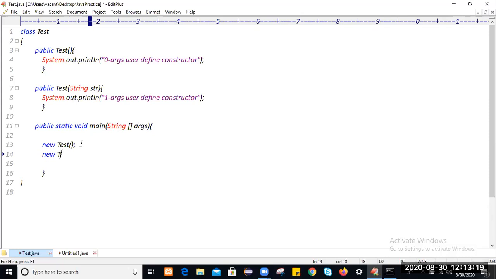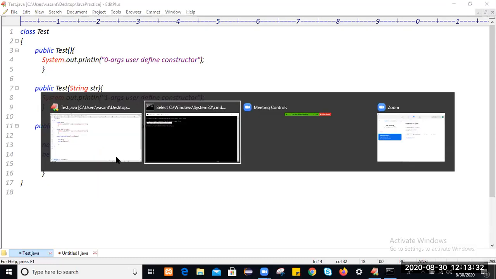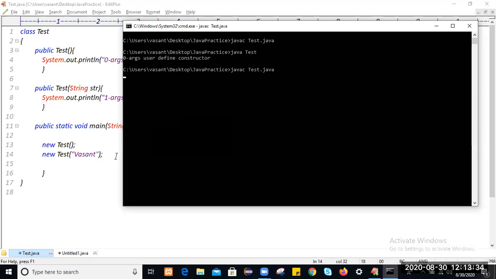You create one more object here, and you pass a string value to the one-argument constructor, which accepts one argument of String type. If you compile this application and run it, both constructors will get executed.